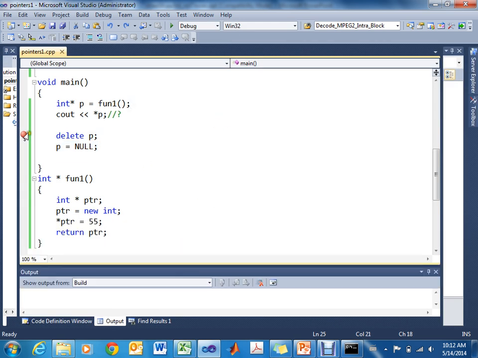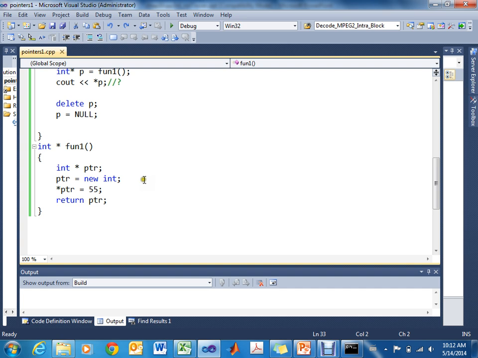Now, in very few cases, if you run out of memory locations, then this new operator might fail. So the new operator will only fail if you run out of locations. So you're trying to allocate memory, but you run out. Okay, so the whole memory is full. There's nothing that can be done. So what will happen is null will be returned. So if you want to check this, you can say that if ptr equals null, so memory allocation failed,